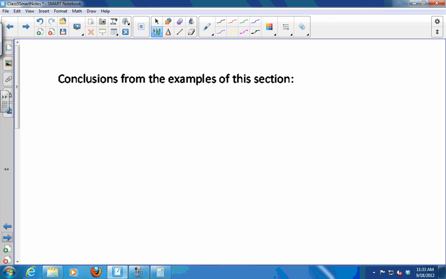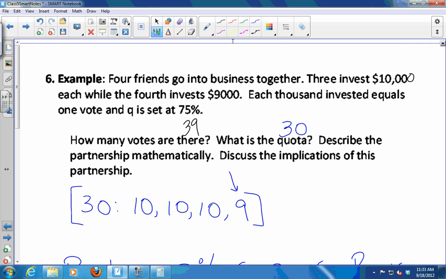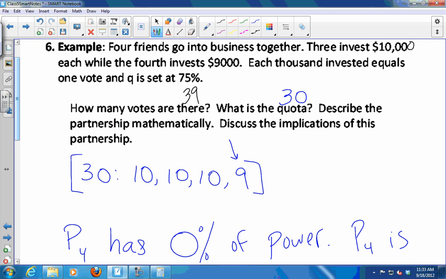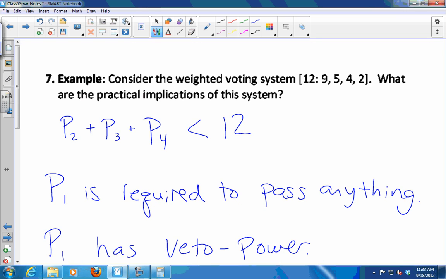Okay, so some conclusions. Was anything surprising to you in any of these examples? Like particularly this one? Yeah, that someone who has a very close number of votes, it looks like the power is relatively even, yet it's not, right? Someone can have just no say. And then also, we have examples where the power looks very different, right? The power has wide distributions,